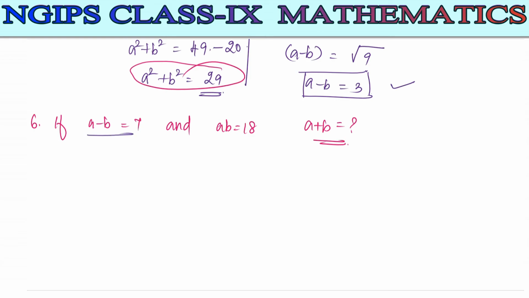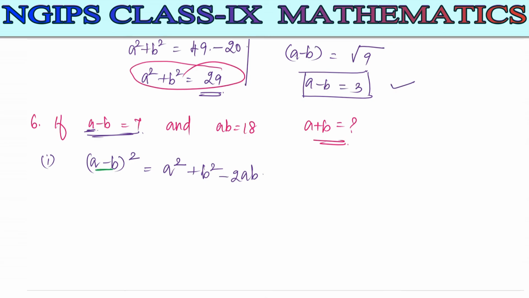So next we have a minus b whole square. In the previous problem I took squaring on both sides. Now here I am going to take the first condition and apply the formula for a minus b whole square. Because we have a minus b, the formula here is a square plus b square minus 2ab. Both are similar, but there will be a little bit of variation here.